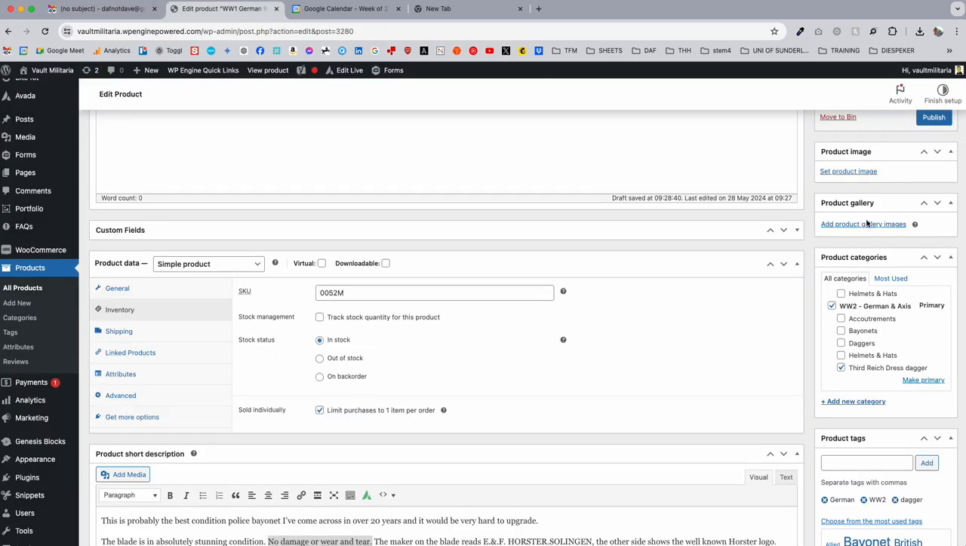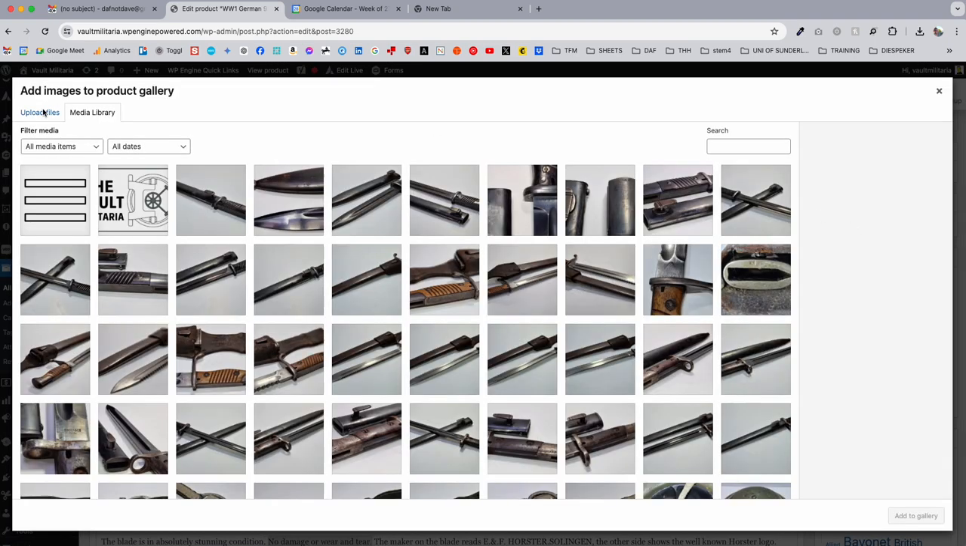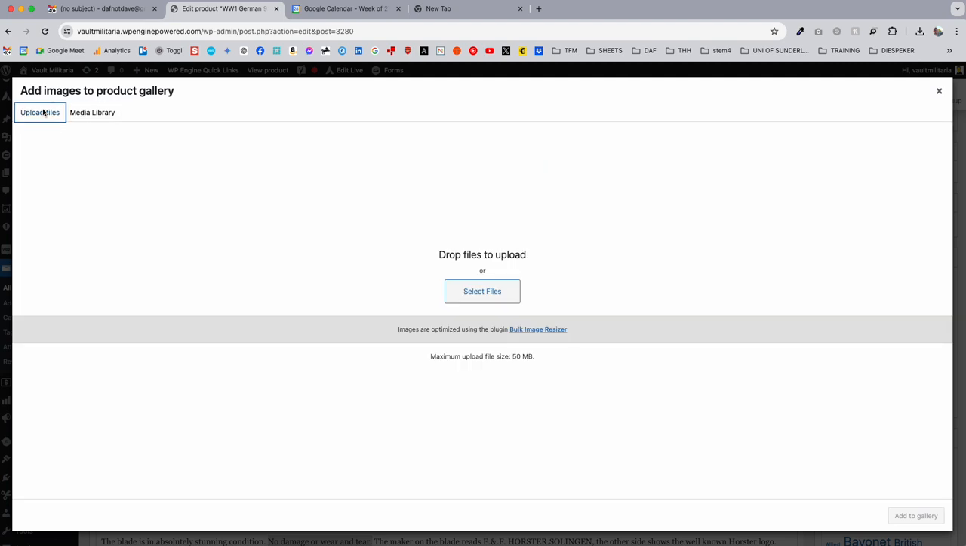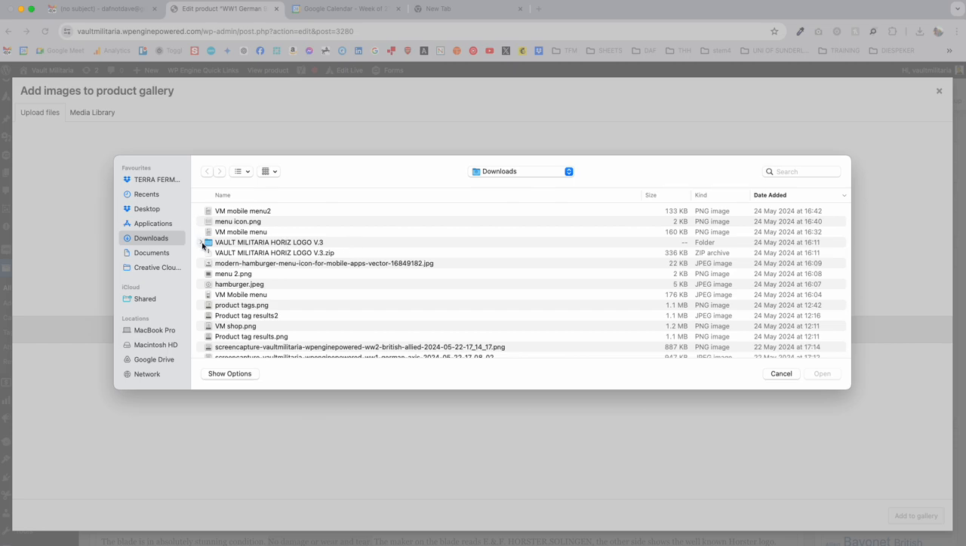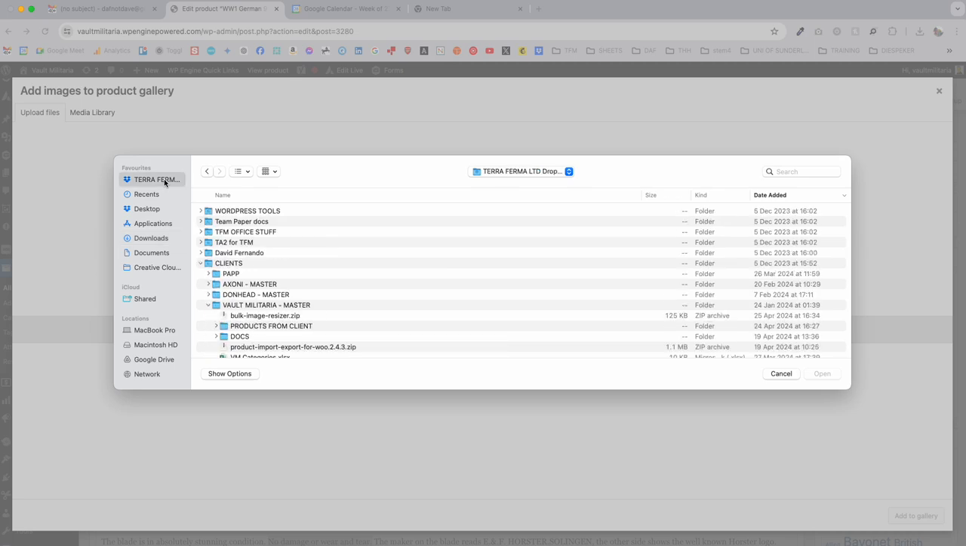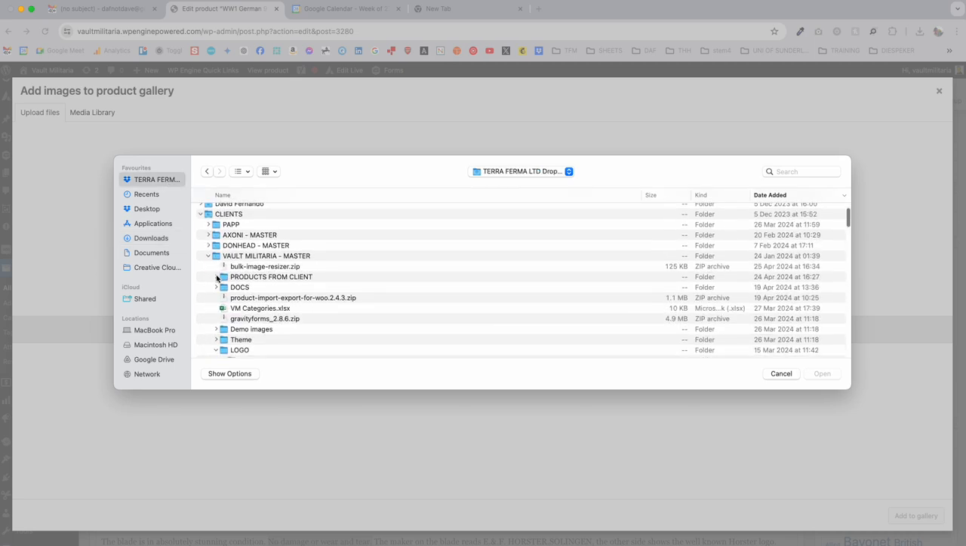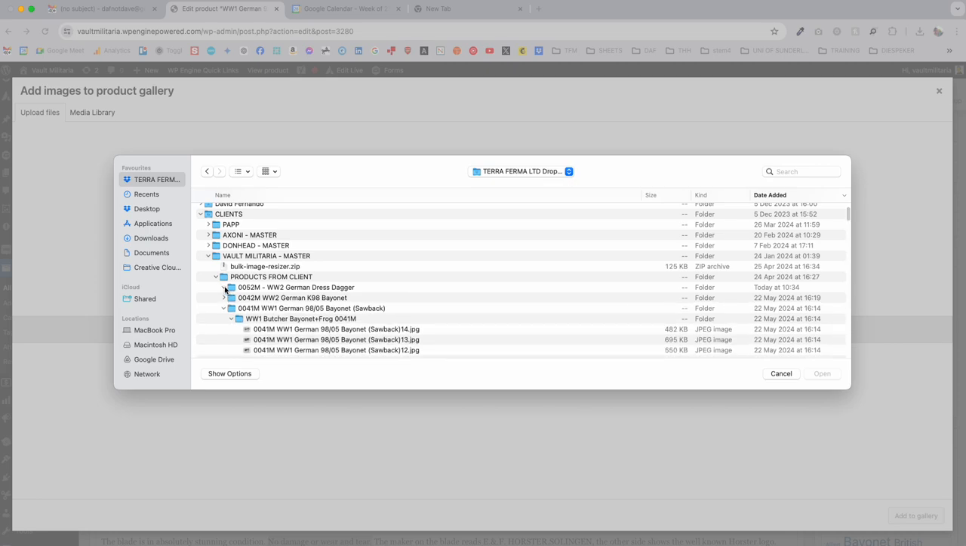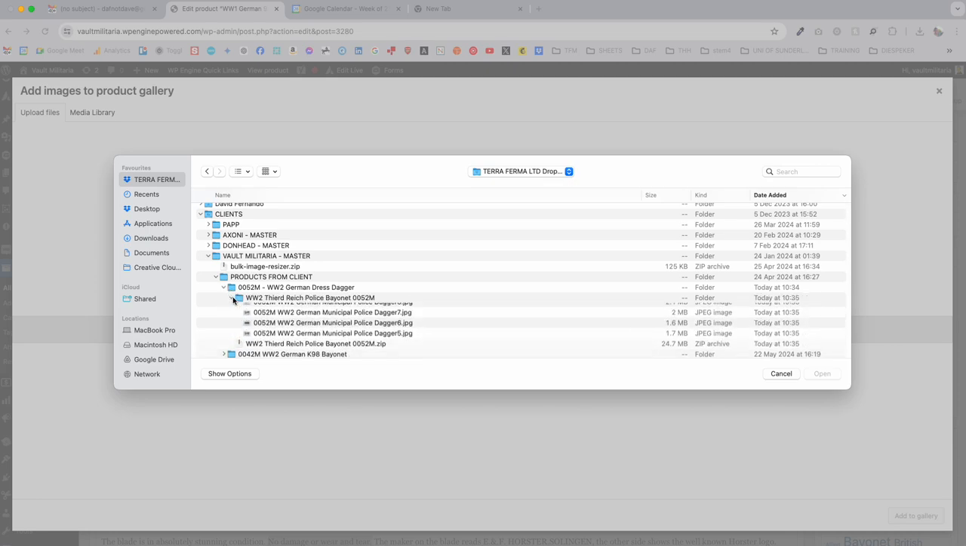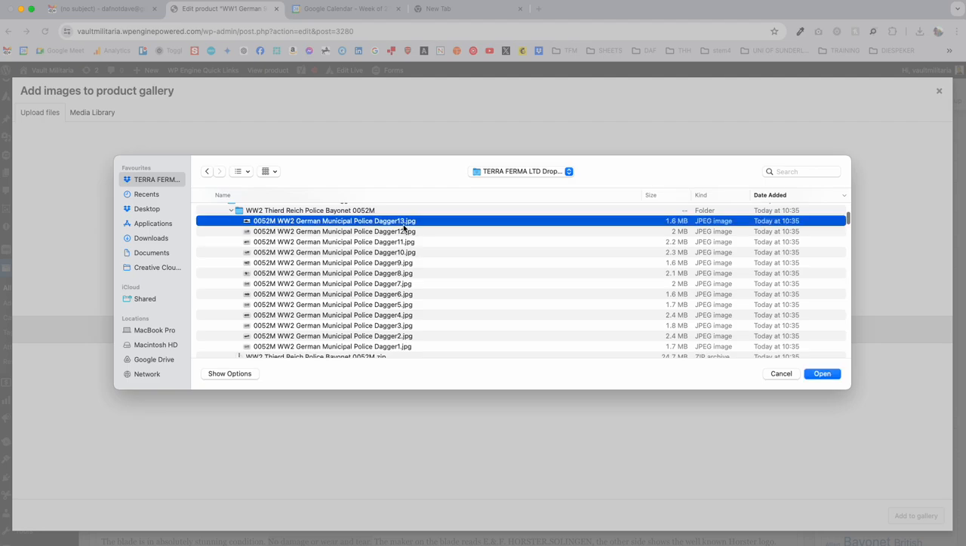Back to the website here, we now need to add the images. So the first thing we add is the product gallery image, which is the main image in the shop. So I just go in and click this. It'll ask me to upload the images, and I can go and select them. We know where, oh sorry, where is it? Here we go. Clients, products from client. And it was number 52. Here's the one we just added. And we can then select all of these images